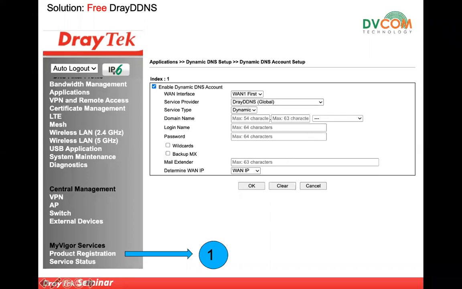This is a straightforward configuration, and it's easy to enable, because most people used to ask me this question whenever I want to configure the VPN. Unfortunately, we have a dynamic public IP, then what do we have to do? So what you have to do, the first thing is that you need to register your appliance.